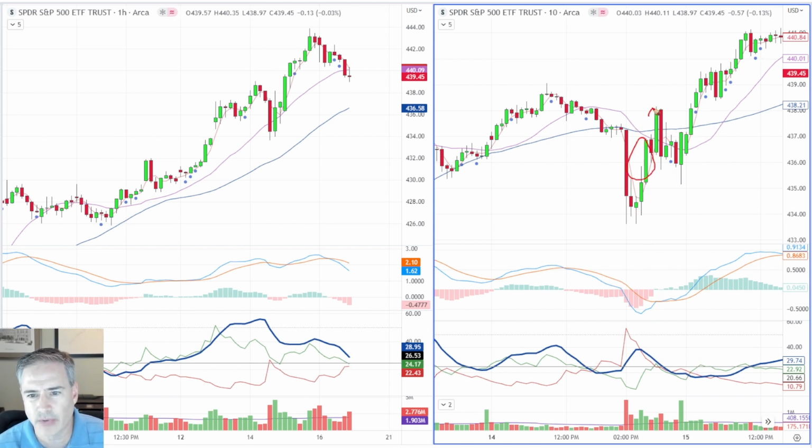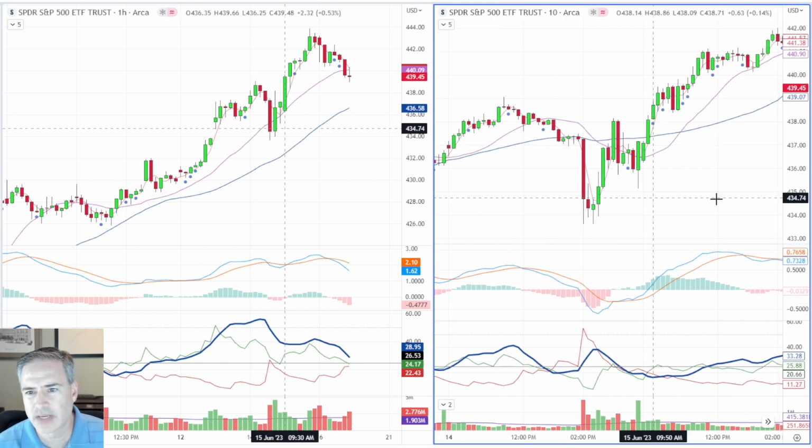Look at the size of these big green bars. Yeah, that was a pretty big red bar that counteracted this. But remember, we had this huge move to the downside, and then we basically took it out. So I think you can take a really hard look at this pullback to get you in on this trade. Let me just give you one more example.